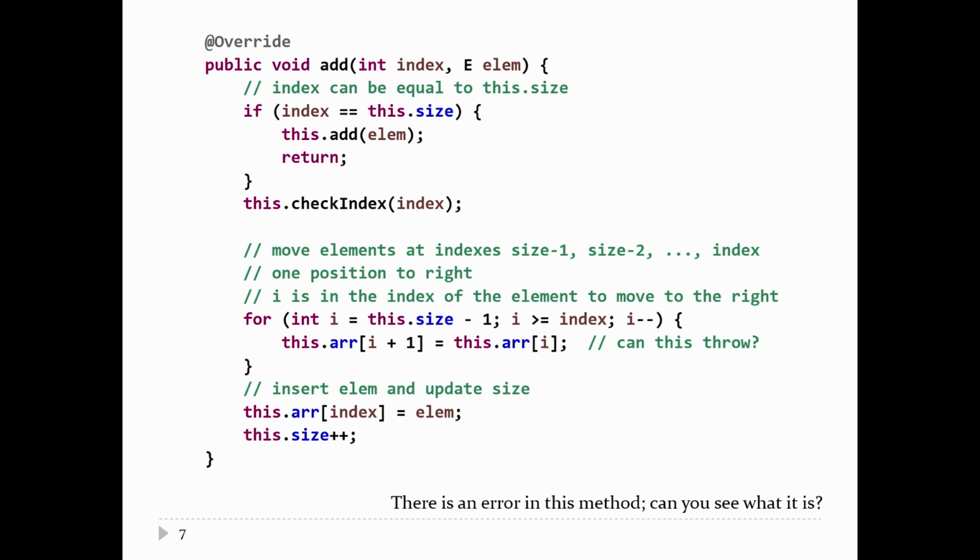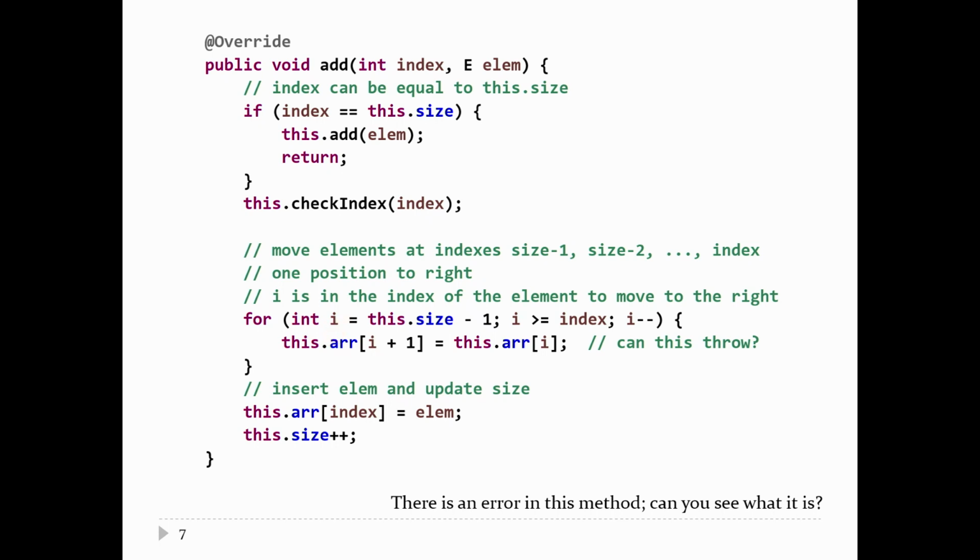So the way to do this is to start at the end of the list. This is the other easy mistake to make. You start at the index and count up. If you do that, then you move the element at index one position to the right, but that overwrites the element that's sitting one position to the right. So if you do it that way, you have to take care to remember what the element is sitting to the right. So it's easier to start at the end of the list. Now the index i here that I'm using,